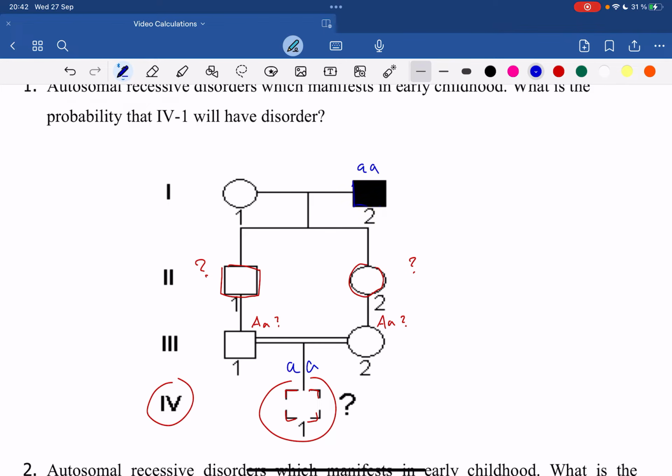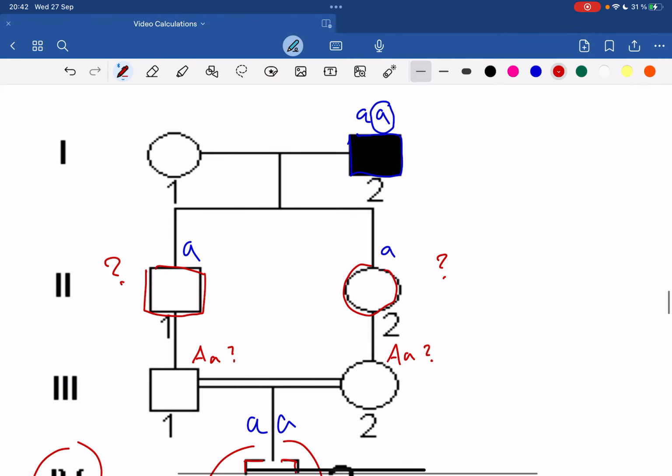So if the dad is affected, the possibility for the dad to have given one recessive allele to these kids is 100%. These kids will 100% of the time have one recessive allele. And why we know that they are heterozygous immediately is because